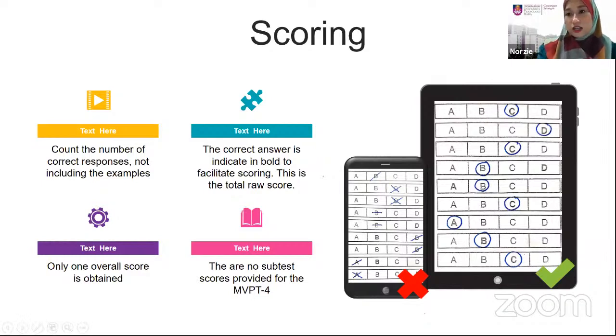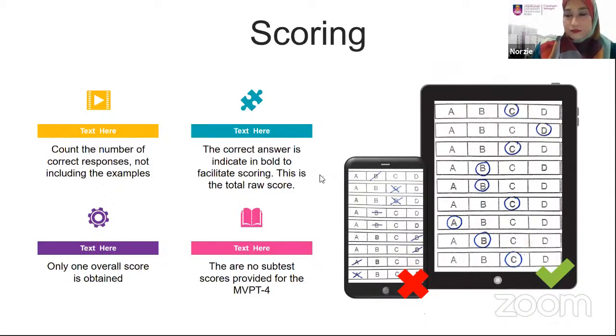Okay, so kalau tengok kat gambar tu, yang salah tu kenapa yang betul tu kenapa? Ada yang salah, ada yang betul. Kenapa yang belah kiri ni salah? Kenapa yang belah kanan ni betul? Cara nak record response. Yes, okay, mesti bulatkan jawapan. Okay, jangan tanda slash, pangkah ke. Okay, alright.